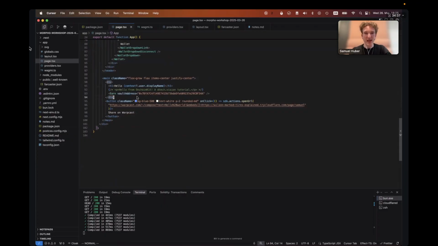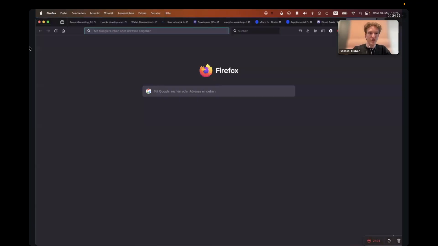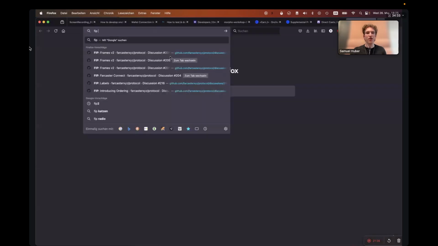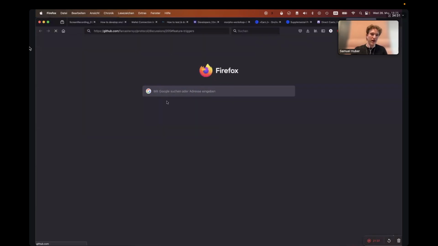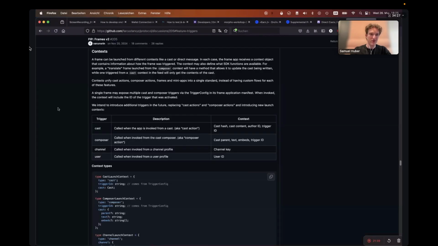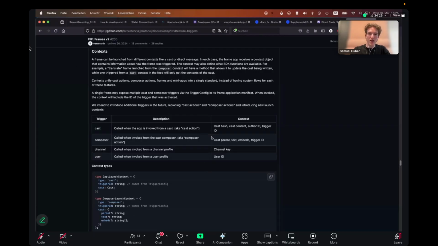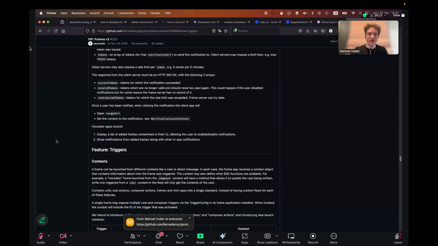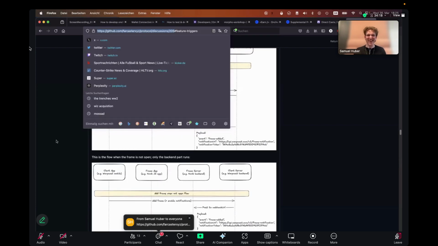For the SDK, the best documentation I found is the literal FIP, like the full-on GitHub, just literally go here and read it. It's a bunch, but the other best docs is the code in the SDK. So I think that's a